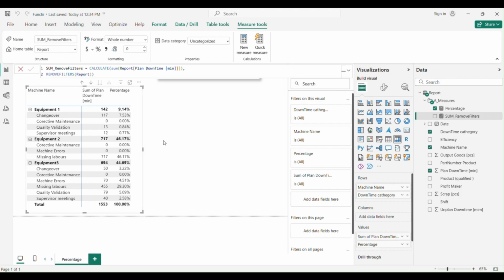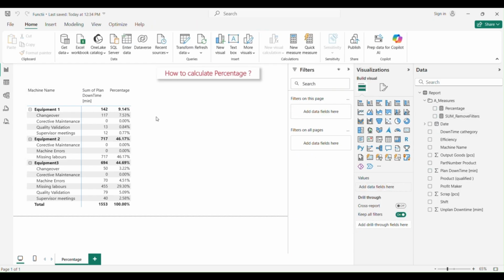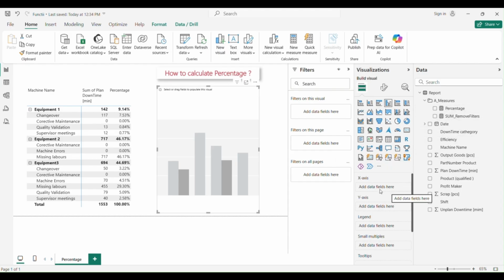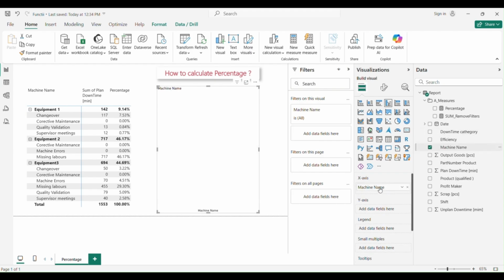And for example, if we want now to represent graphically, to visualize, we can do that very easily. Just open a graph. This is a stack column, or we can use clustered, and we will use now for the x axis, we'll add our machine name, and let's say what we want else.